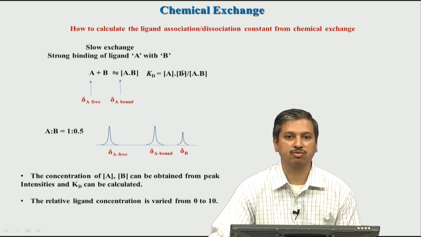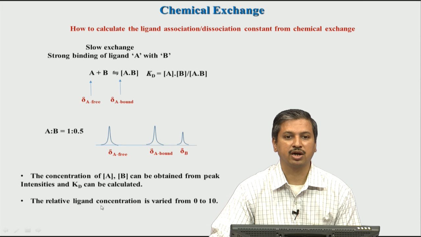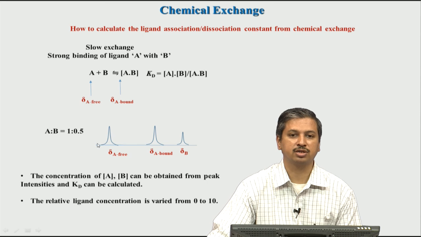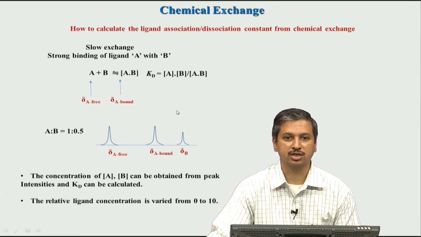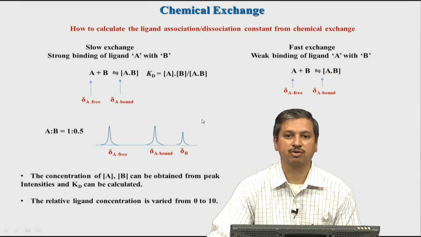So, if I plug in those values here at different points in the titration, I can then calculate Kd and then take an average. Okay. So, the relative ligand concentration can be varied. At each concentration step you calculate the populations, and the Kd should not change with the population. Kd is a constant, it depends on the ratio, but accordingly the ratio will change, and you should keep getting a series of Kd values. If you take an average, that will be your Kd value for this reaction. How do we do it in the case of slow exchange?